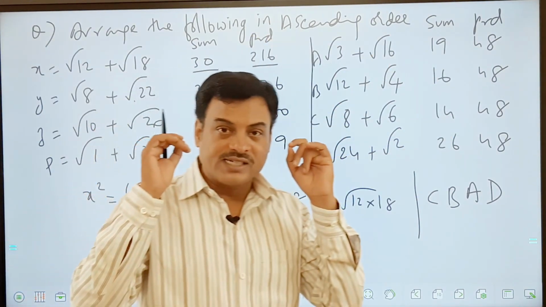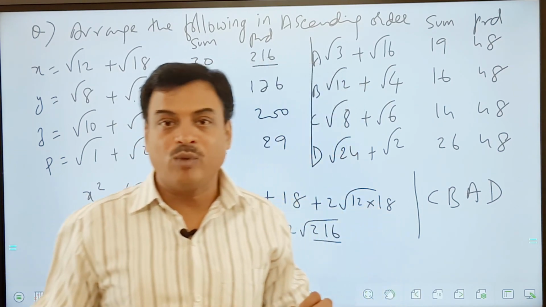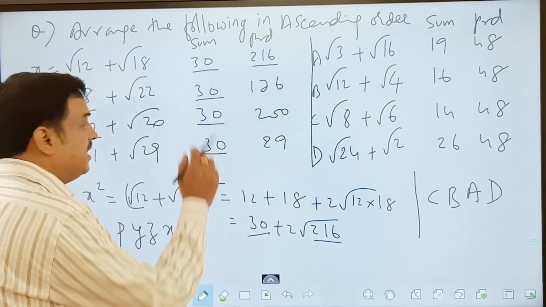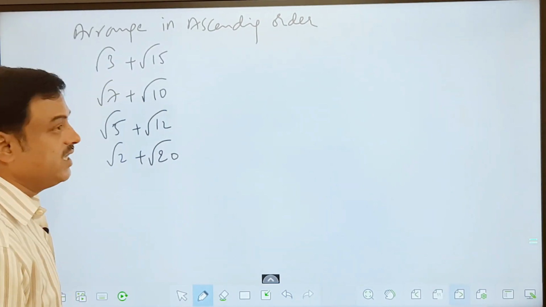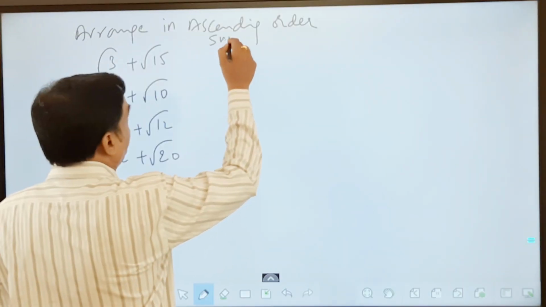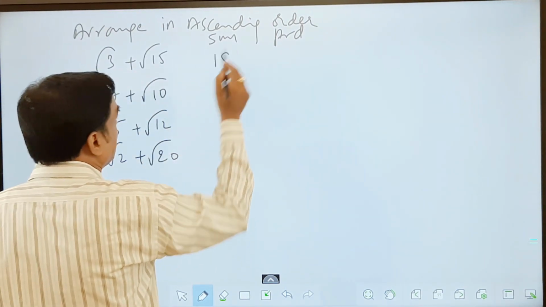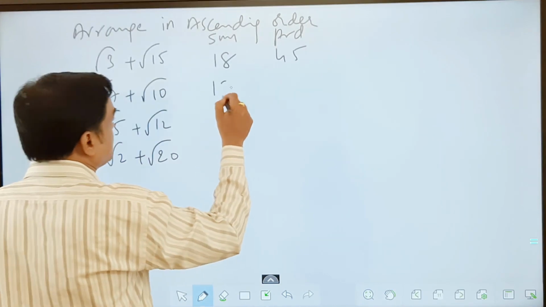Now I think you all started getting a doubt here. If all the sum values are not the same, and all the product values are not the same, then what will be the answer? Fair enough, friends. This technique will still work with a little extra. See this question. I'll take the sum and the product. Sum of these two is 18, product 45. Sum of these two is 17,